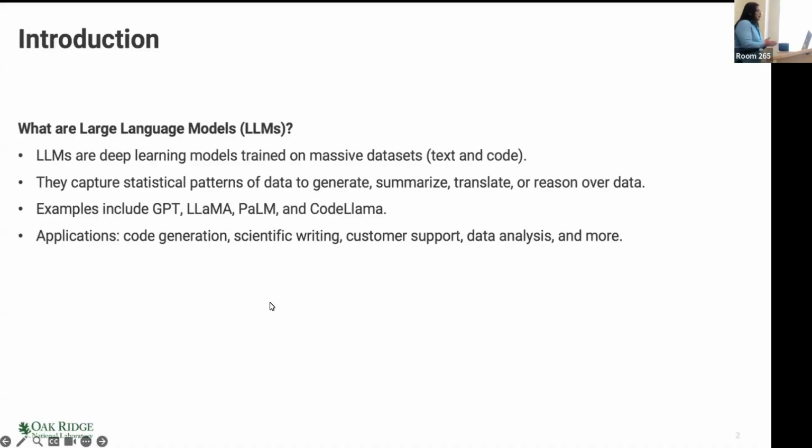We all know this. What are LLMs? These are basically deep learning models trained on massive data sets, open, everything that is available to them. They take it, they capture patterns of data generation. They can summarize very well. They translate and they can reason over data, and you can kind of have a dialogue with an LLM at